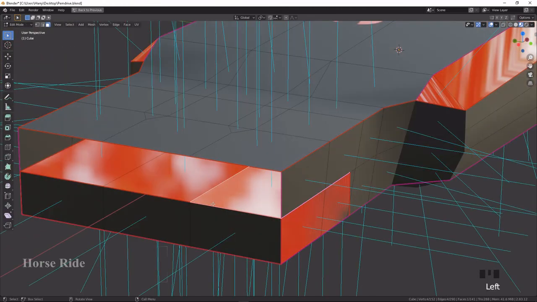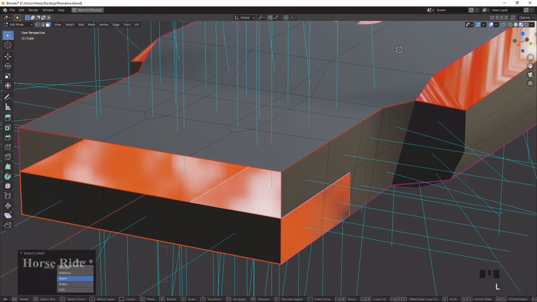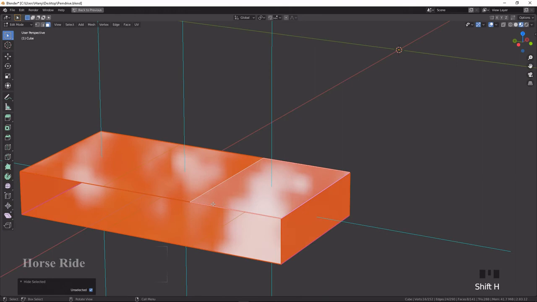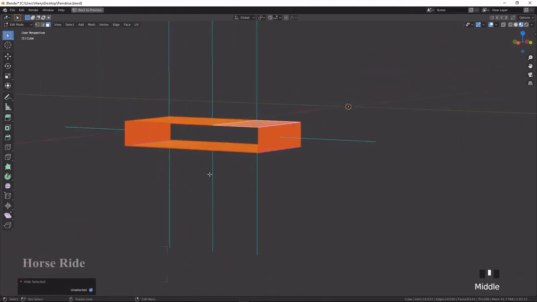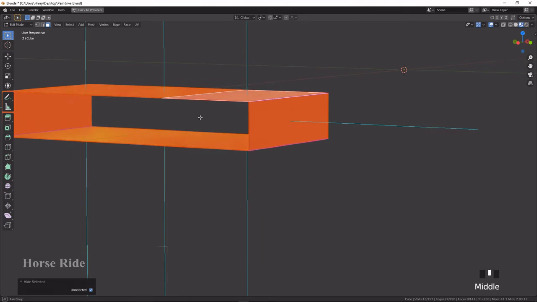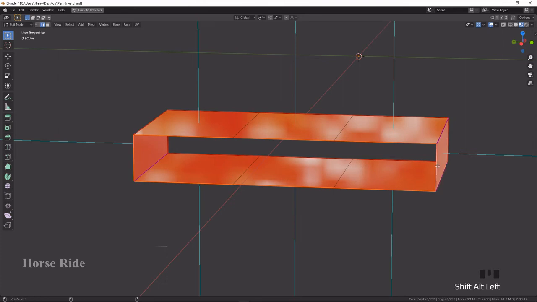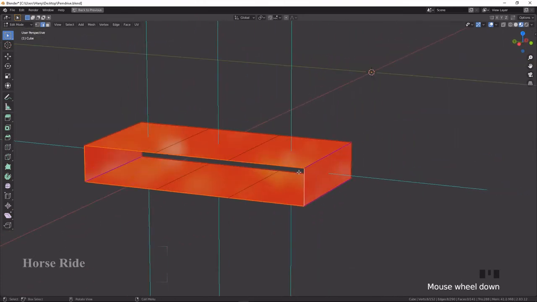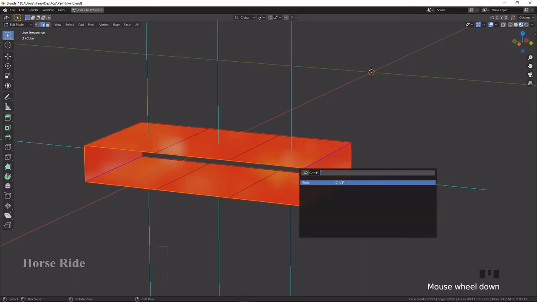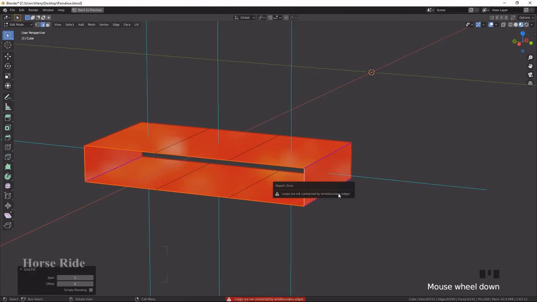So what I'm going to do is go to Tab mode, press L, press Shift H to select everything. Here you can see there's nothing inside this. So go to edge selection, select these edges, this one, this one, press space, grid fill.